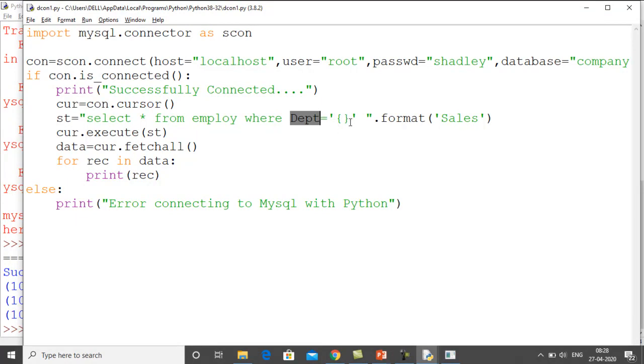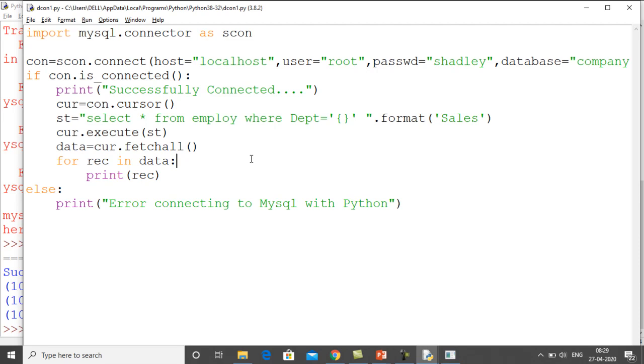And no need to put the data in the form of tuples. You can simply write the data, and instead of a comma you can simply write the data. That's why we are following this new format, because it is quite easy compared to the previous one. In this way we have completed question number 1, which is to show the details of all the employees who work in the sales department.